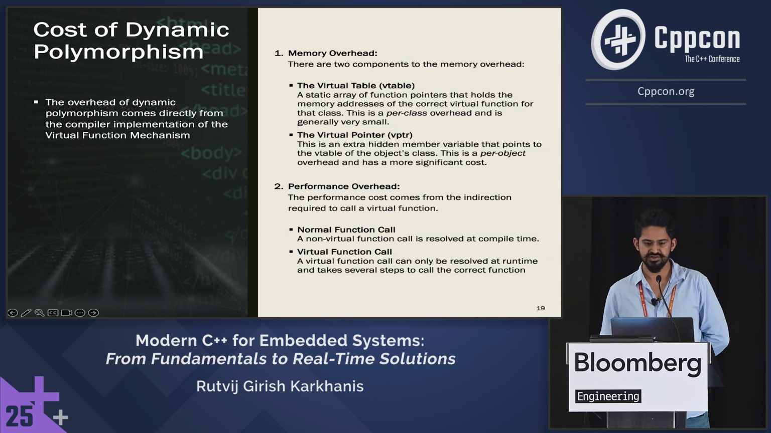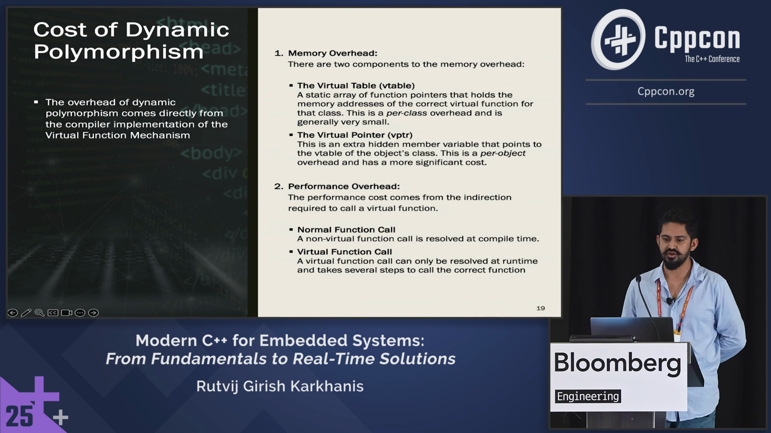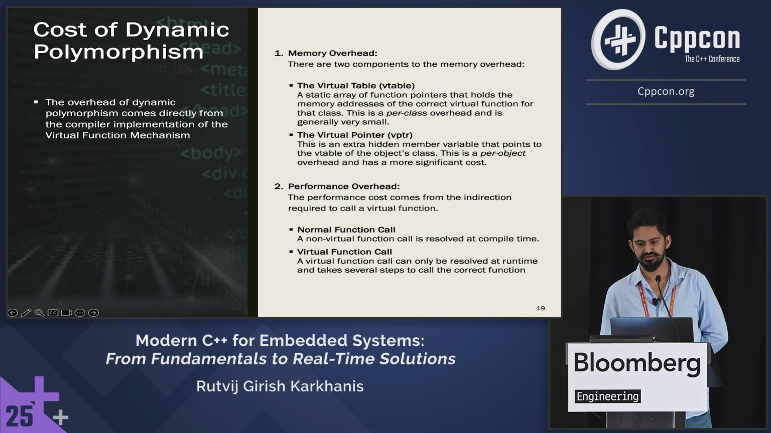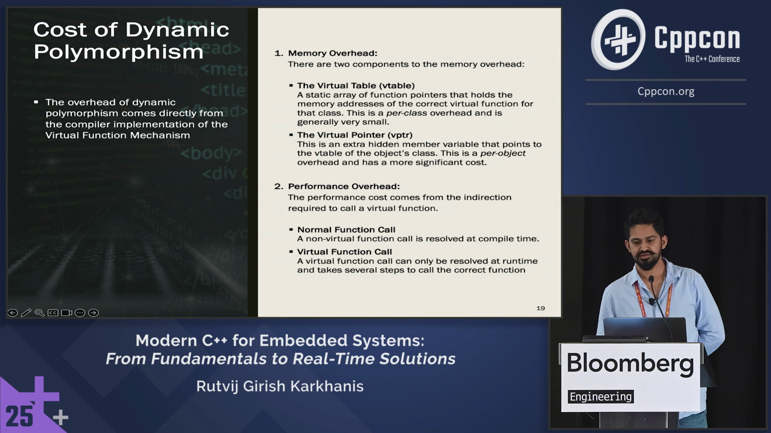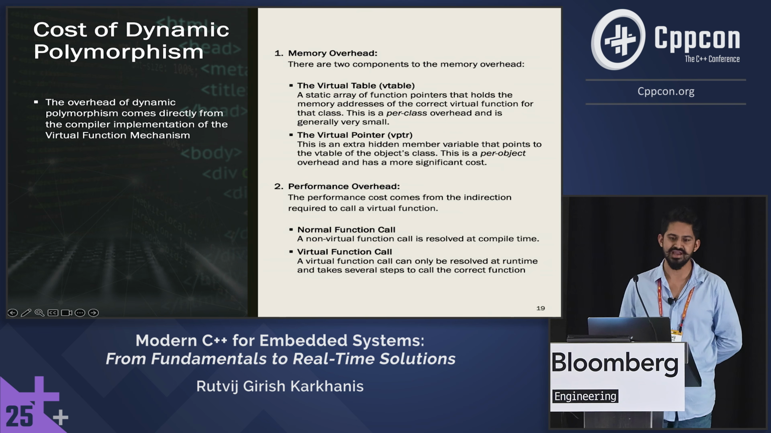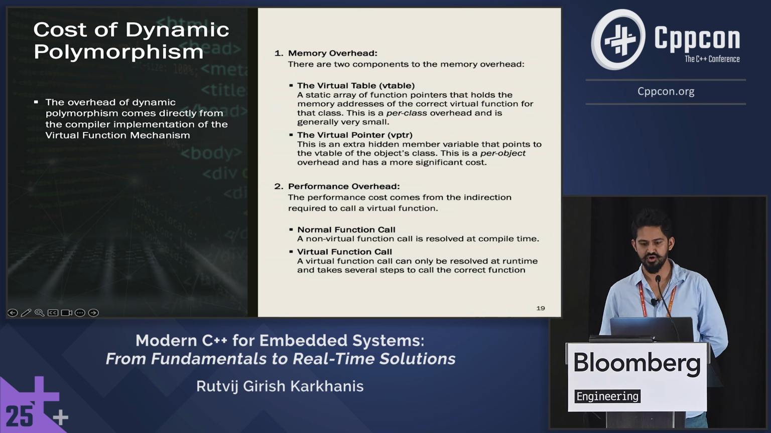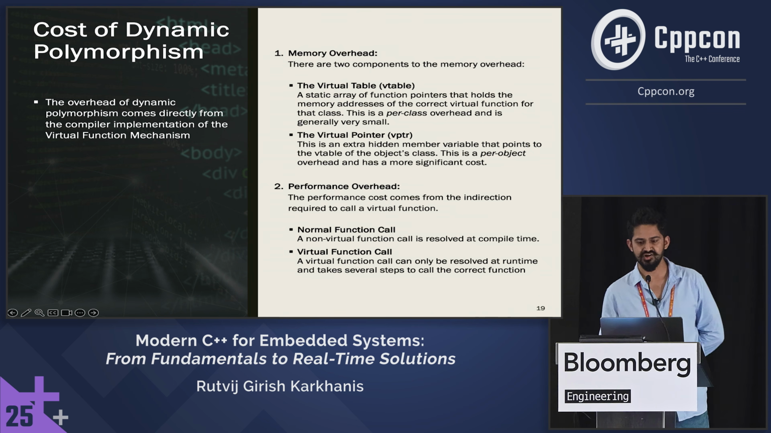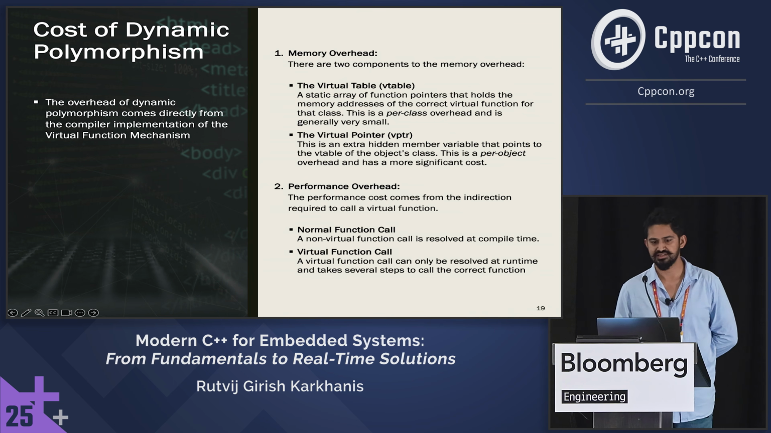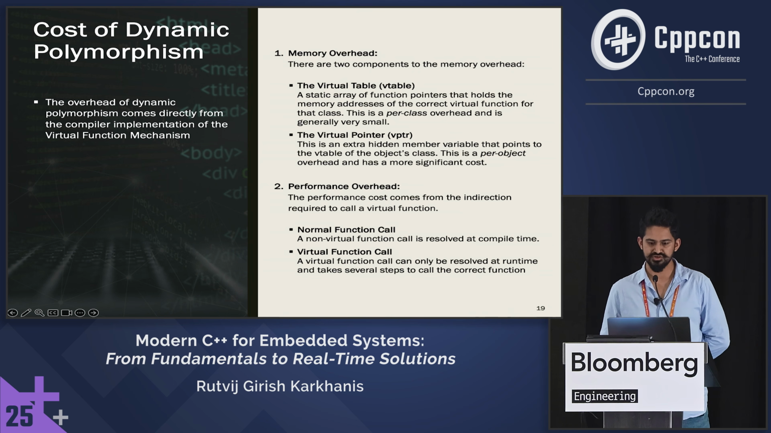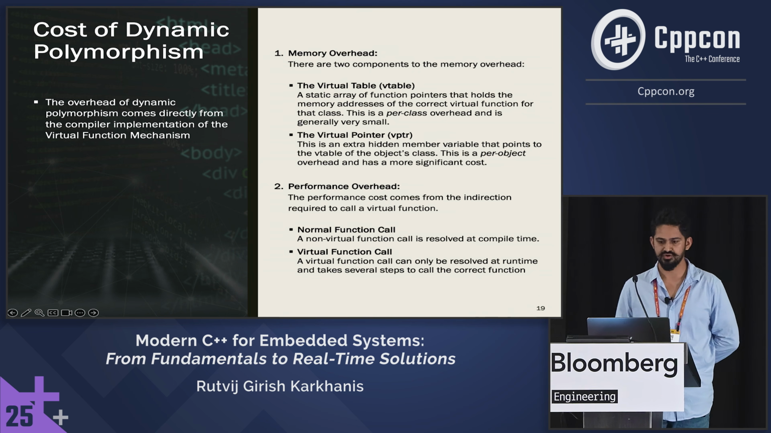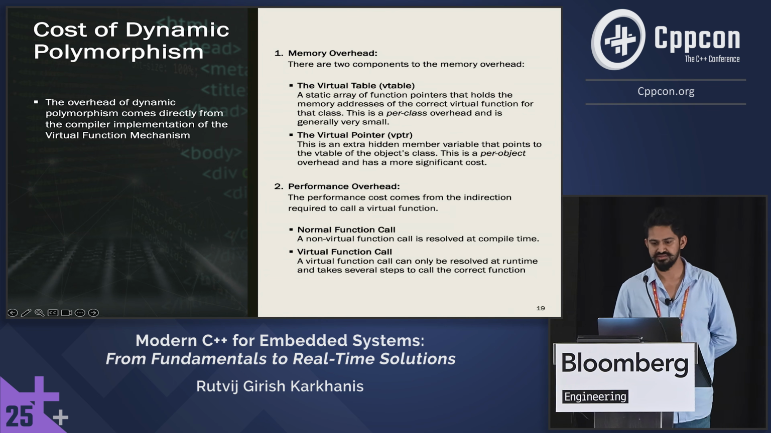Second is the performance overhead. Now, a non-virtual function call resolves at compile time. The compiler knows the exact memory address of the function to call and generates a direct jump instruction. This is extremely fast. But for a virtual function call, when your code calls, for example, in the previous example,